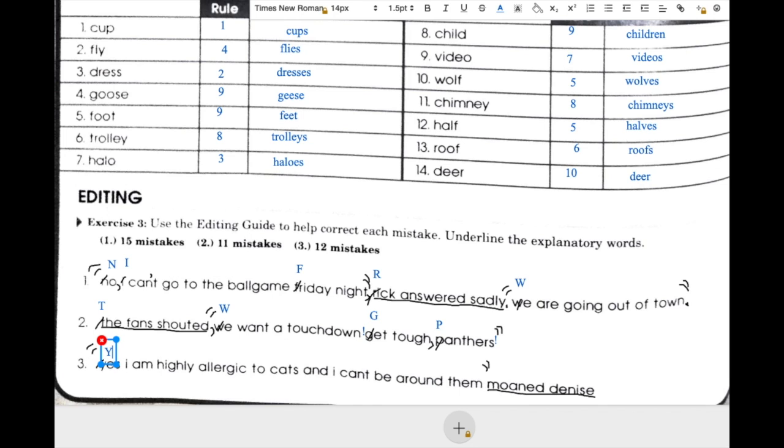As we had before, when we're directly addressing somebody and saying yes or no, we need a comma after it. So yes, comma, I, capitalize I, am highly allergic to cats. And I